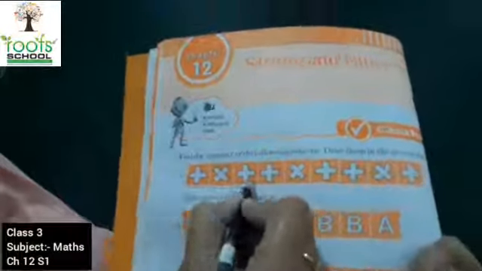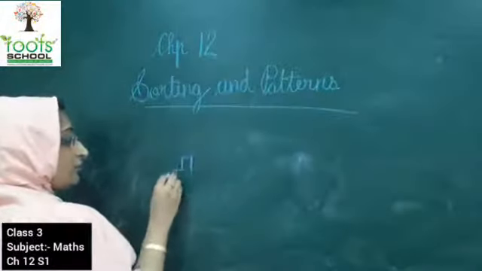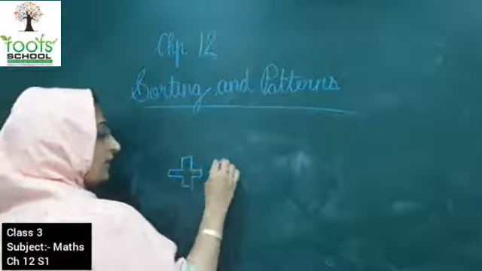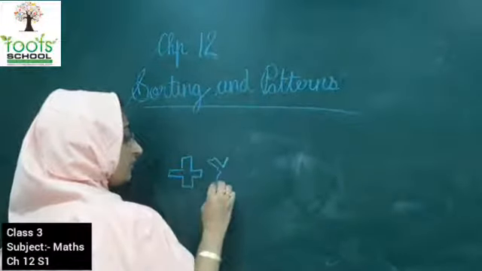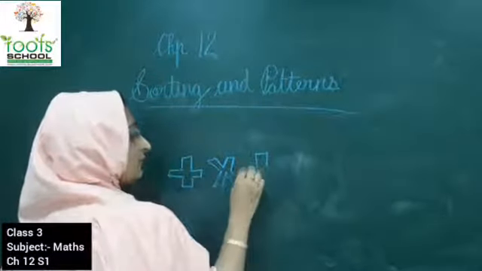Okay. Here there are some more patterns. You have to look at the pattern and draw the sequence. As you can see, there is a sign. Now kids, here you can see there is a sign of addition, a multiplication sign and an addition sign. This is the pattern which you can see. Addition, multiplication, addition. So what is the sequence of the pattern? It is an addition sign, a multiplication sign, and again the addition sign.